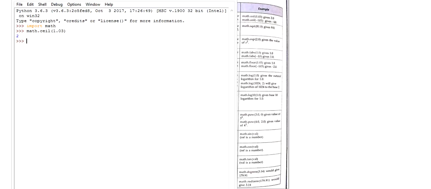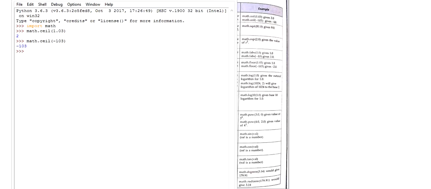So 2 is the smallest integer near to this number, the ceiling value. Similarly I can write math dot ceil and in brackets I can give a negative number also, minus 103. It will give me minus 103.